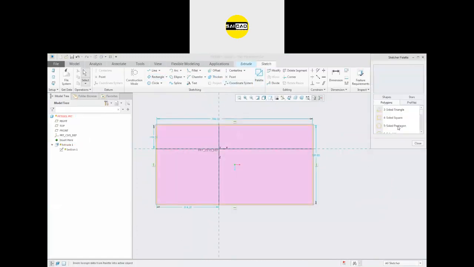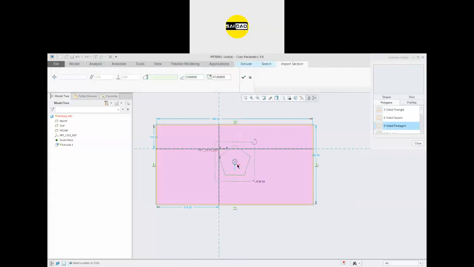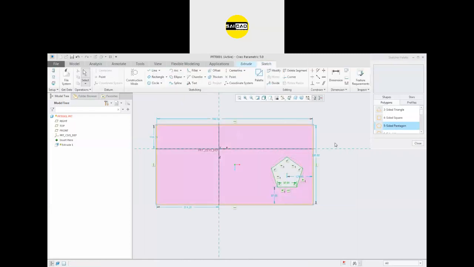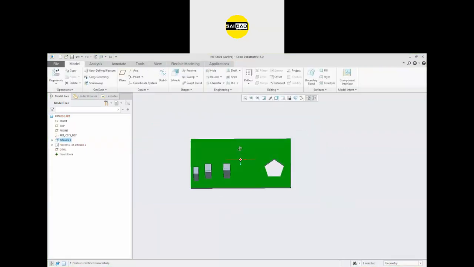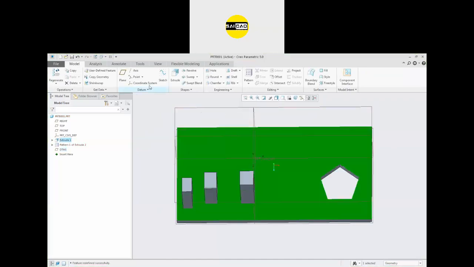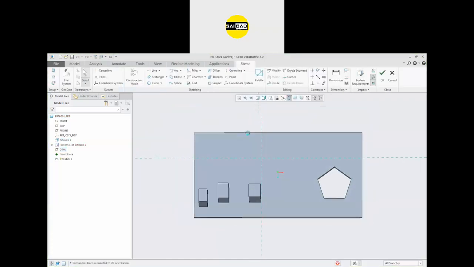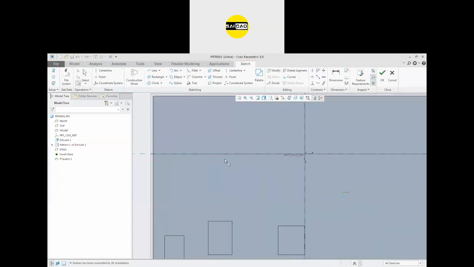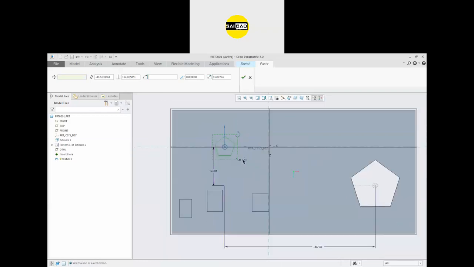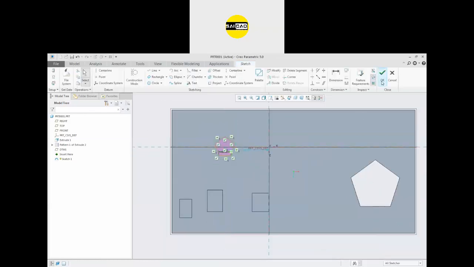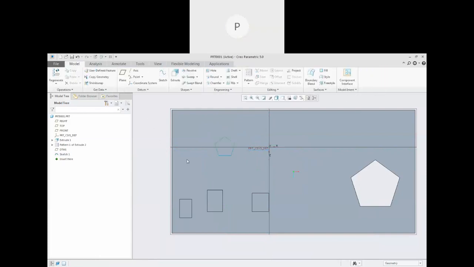So I'm going to use pentagon here, like this one. Click OK. So select Control C. OK. Now I want to create on another sketch. So go to the sketch, press Control V and define where you want to place. Click on that location. You can see that this sketch is again here. Click OK. Okay, sir. You can copy and paste. Control C, Control V can work every time. Okay.